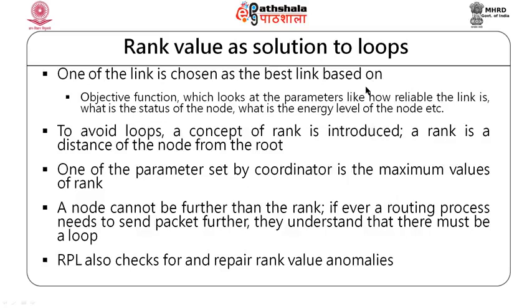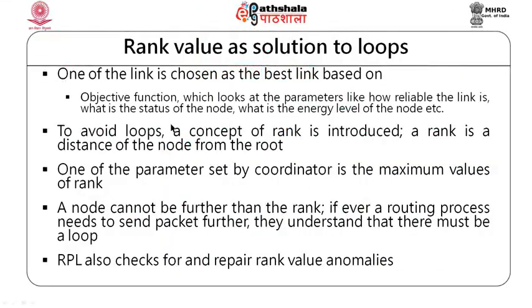There is one problem whenever we have a structure of this type. The problem is that it will go much further. You would like to find out whether the node is really reachable, and that there is no loop of some sort. So, what you can do, and this is what RPL does, is start from the central coordinator. All those who are one link away have rank value 1. If they do not, RPL sets it to 1. And at the second level, it will check the value, if it is 2, it is fine, if it is not, it will change it to 2 and so on. So, it will set those values first.